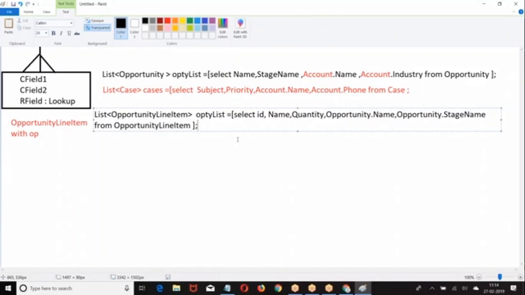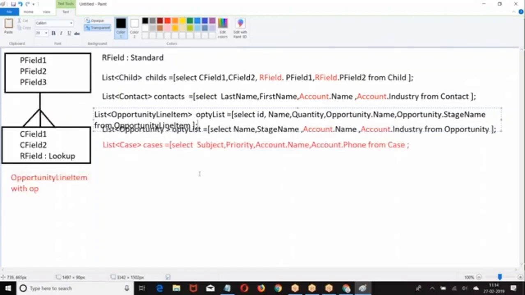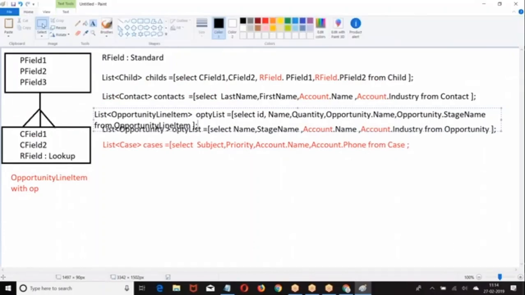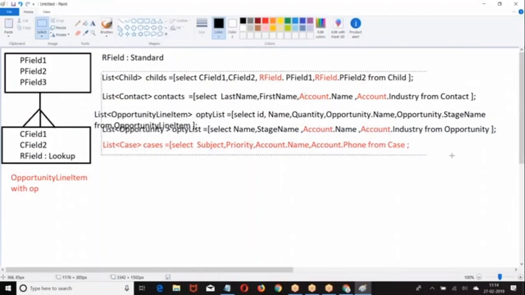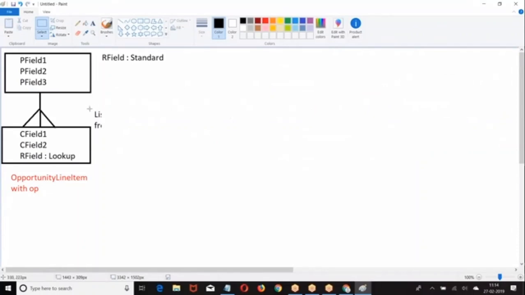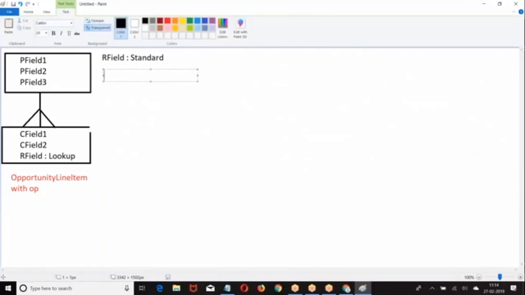I hope you are good with this. Let us go to the next one. We are going to understand what if that R field is a custom field. Till now we have seen if the R field is a standard field. What if that R field is a custom field? If the R field is a custom field, then we are going to give